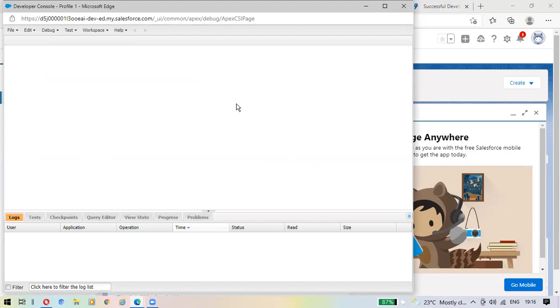Salesforce development has two types. One is the declarative approach and the other one is the programmatic approach. If it is a declarative approach, we can say click and point, or point and click tools we have. There we need not write a single line of code. We just point and click. If it is a programmatic approach, we have to write the code.